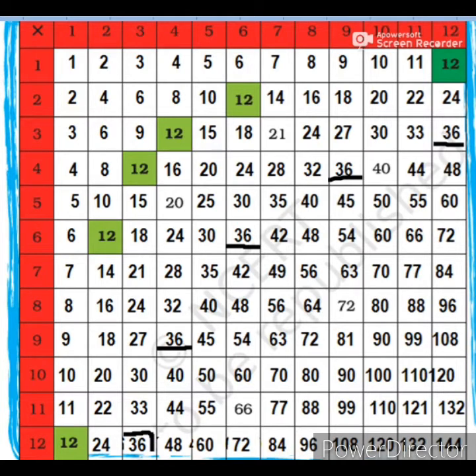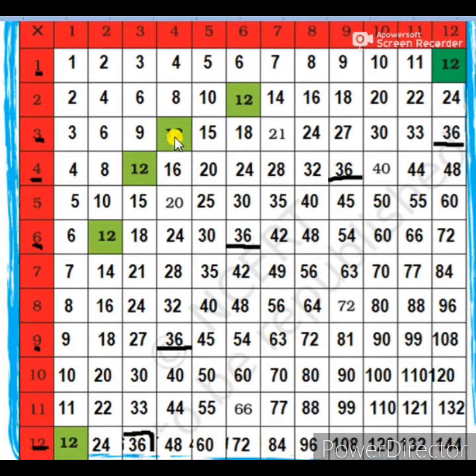So we can say, what are the factors of 36? The factors of 36 are 1, 3, 4, 6, 9, 12 and 36. These are the factors of 36. Here we have asked one more question. Find out all the factors of 36 from the multiplication chart. See, in this chart also I have shown the table of 1, where 36 is there, table of 3, table of 4. So how can you write this answer? The first question's answer, you write all the factors of 36, and the second question is find out all the factors of 36 from the multiplication table.